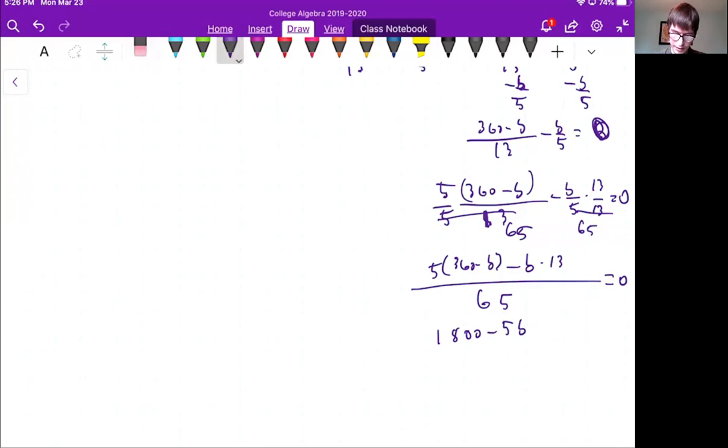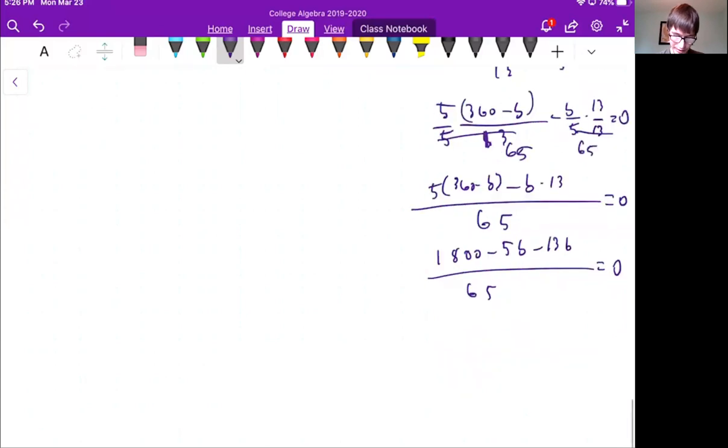So minus 13b over 65 equals 0. 5b minus 13b, perhaps this wasn't the best method, would be minus 18b. So 1,800 minus 18b divided by 65